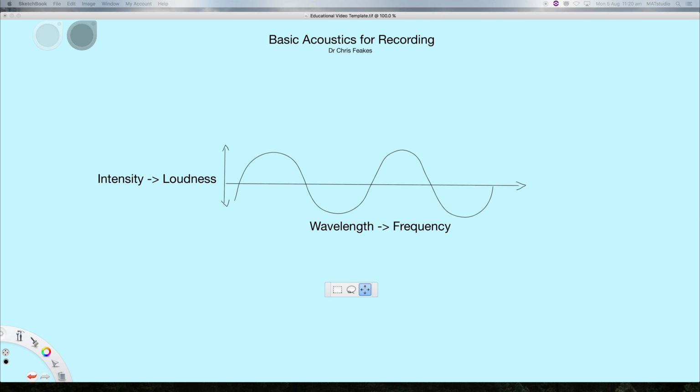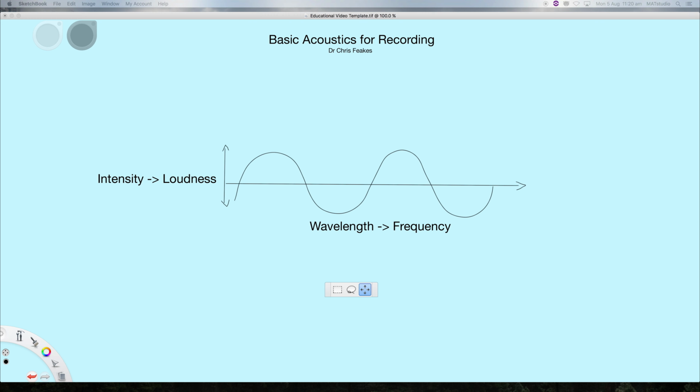And these should be terms that are at least somewhat familiar to you from last year, and I'm sure you've seen this kind of waveform view of sound before, represented here as a sinusoid, which is the correct name for that shape, that smooth, or at least as smooth as I can draw it, repeating cycle. It's very useful in those terms, but it's not the whole story. Sound is not a two-dimensional phenomenon, it's a three-dimensional phenomenon, and that's how we need to start thinking about it if we want to make good, competent, well-controlled recordings.